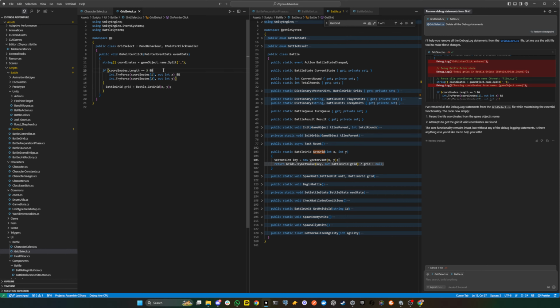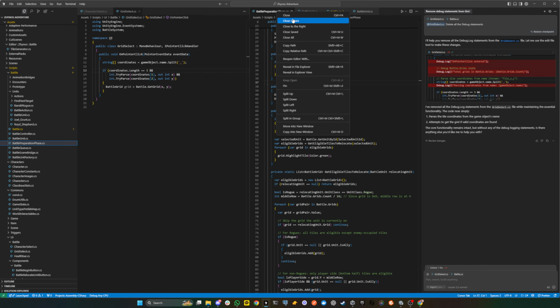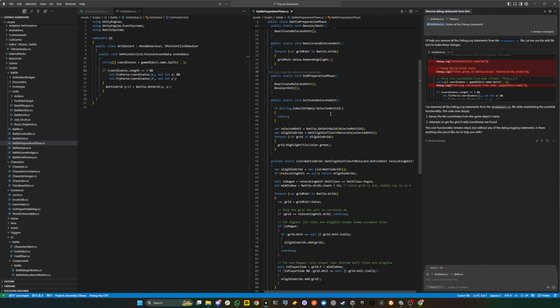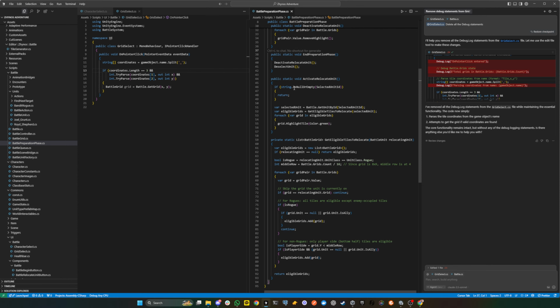What should happen? So this is the control script for all the battlefield, the battle preparation phase. And we activate relocate units, and that's how the tiles get lit up, right? We highlight the tiles. And then while this is happening,